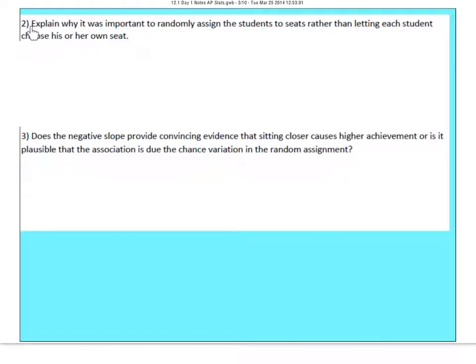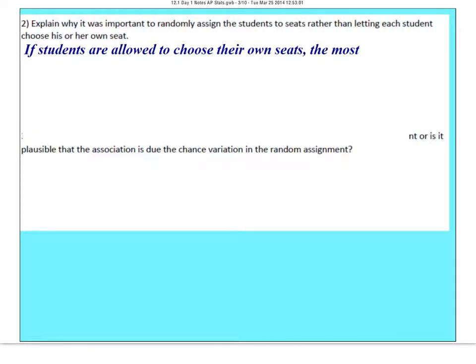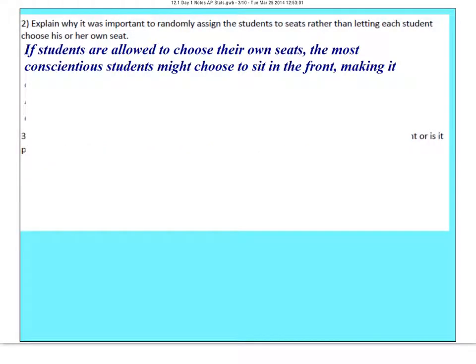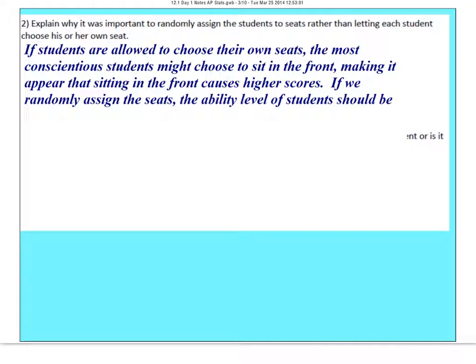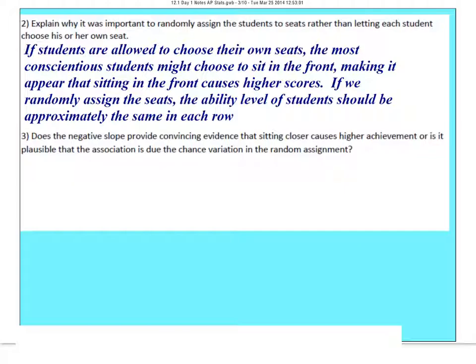Question 2, a great review of Chapter 4. Explain why it's important to randomly assign the students to seats rather than letting each student choose his or her own seat. Remember what randomization, when you set up an experiment, is going to cause. In this case, if students are allowed to choose their own seats, the most conscientious students might choose to sit in the front, making it appear that sitting in the front causes higher scores. If we randomly assign the seats, the ability levels of students should be approximately the same in each row. And when you do the randomization in your experiment, that's how you control for the other lurking variables that you